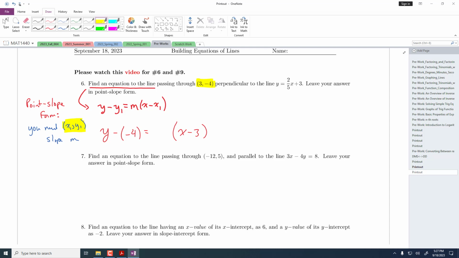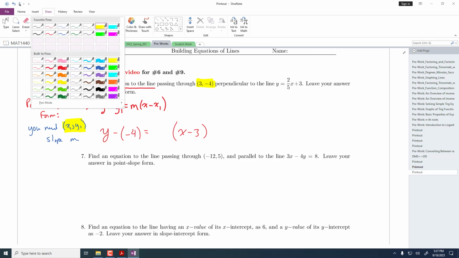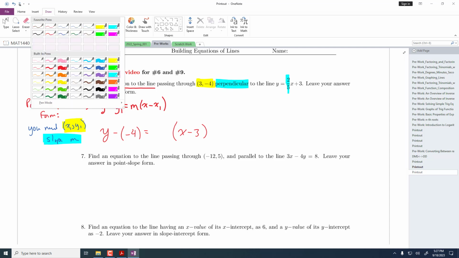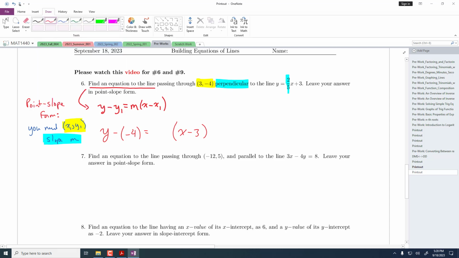The next thing we need, if we're going to use this point slope form of a line, is a slope. Well, we're looking for a slope m here, and notice our line is supposed to be perpendicular to this line right here. So our line is supposed to be perpendicular to the given line. So the given line has slope m equal to 2/5. So our line, which is perpendicular,